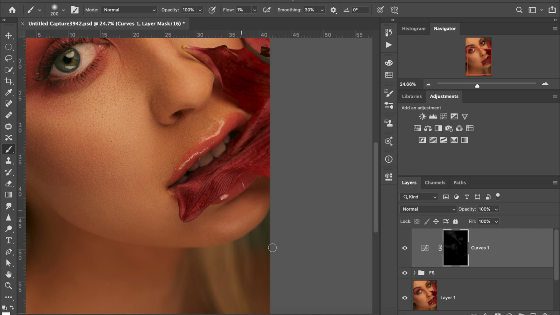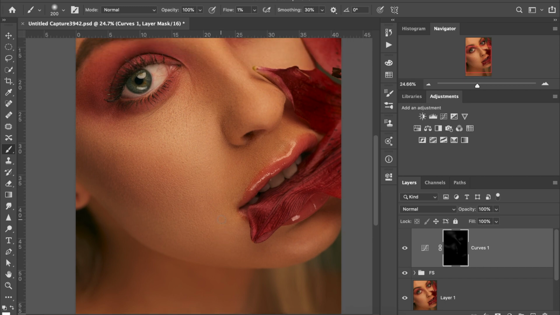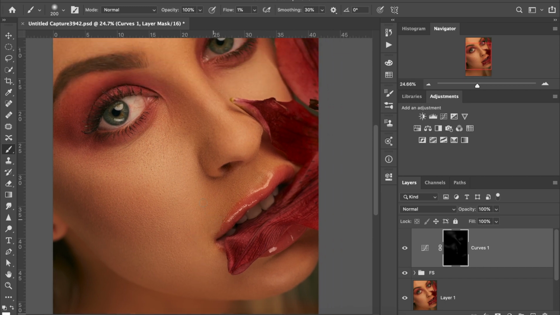And again, it's all at like 1%, so it's small things. You can gradually build it up as you think it's needed. Again, you just got to look around and see what looks like it's